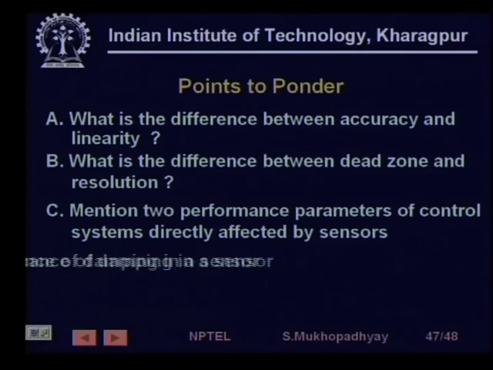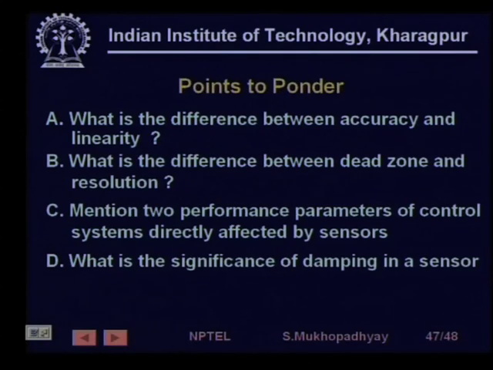And finally, what is the significance of damping in a sensor? What kind of sensor should have what kind of damping? For example, what should be the damping of an indicating instrument, what should be the damping level for a recorder, or what should be the damping level for a feedback sensor? So, think about these,